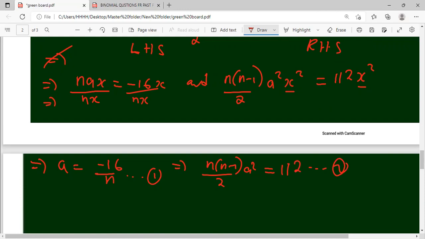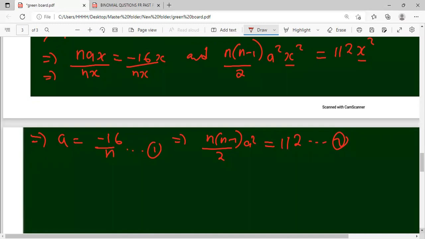I hope that is okay. So solving these simultaneously, substituting equation 1 into equation 2,